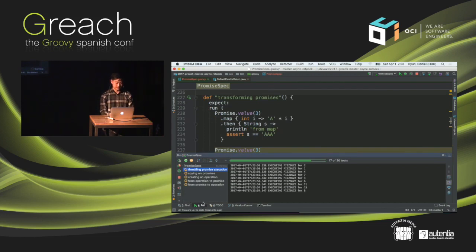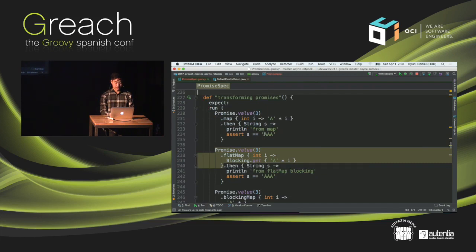We're almost done. Yeah, so let's talk about transforming promises. We used transformation methods up to this point, but just to be explicit here, the promise API allows you to work with the promised values when they get computed. So what this means is you can essentially do error handling, you can do mapping from type A to type B. If you have a computation that yields another promise, there's a flat map mechanism that allows you to take that promise and reschedule it on so that it gets continued processing as a part of your chain. So that's flat map as an example.